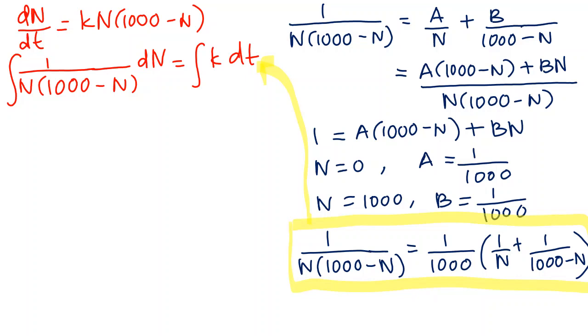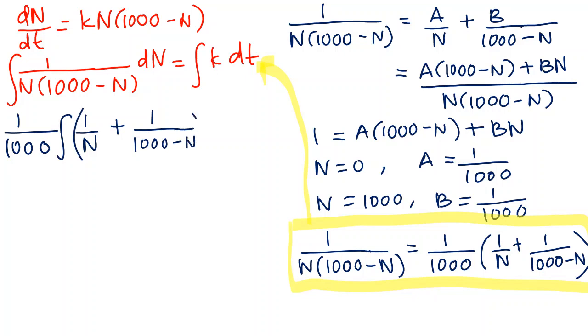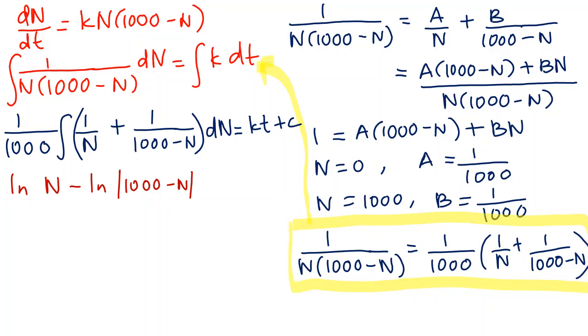Okay, so this is equal to 1 over 1,000, integrate 1 over n plus 1 over 1,000 minus n. So we're going to integrate the whole thing with respect to n, and on your right hand side you will have kt plus c. Okay, so this is equal to ln n minus ln 1,000 minus n equals, if you bring the 1,000 to the right, it will be 1,000